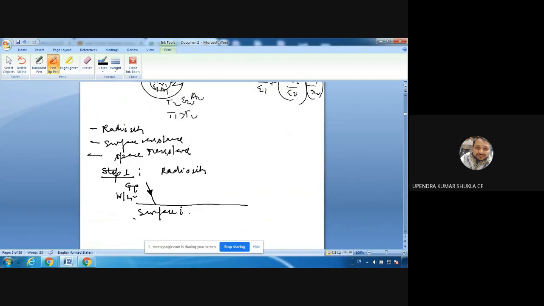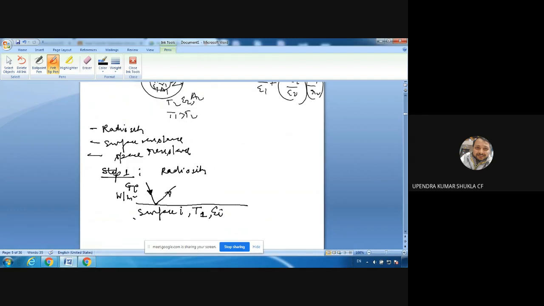Now this surface I has some characteristics, let's say thermal characteristics as far as concerned. It has temperature T and emissivity epsilon I. I stands for the surface I; we are talking about surface I. Now surface 1, surface 2, surface 3, it could be anything. What will happen once the radiation strikes the surface? Had it been a black surface, it would completely absorb the irradiation falling on the surface. But this is not a black surface, this is a gray surface. So some part of this radiation will be reflected back.